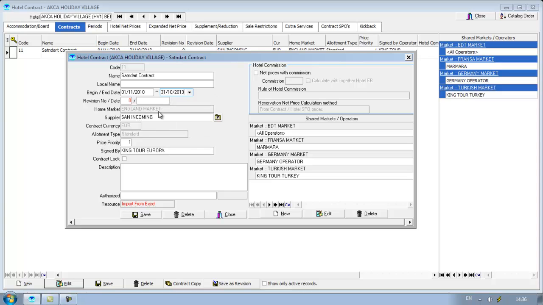We add the market for which this contract is working, who is our supplier, who are the partners, the contract currency, and the allotment type, standard or guaranteed. We can add commission if this contract includes commission, and we can add some other markets that we are working with. So if I enter under the